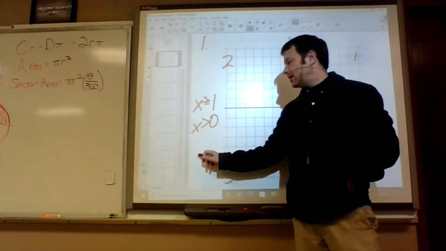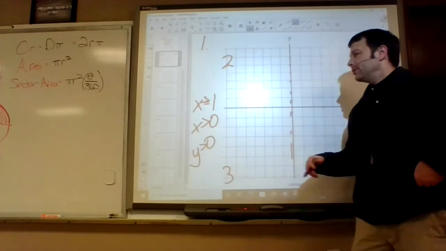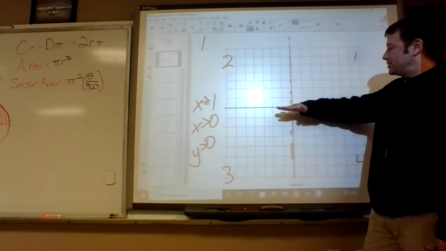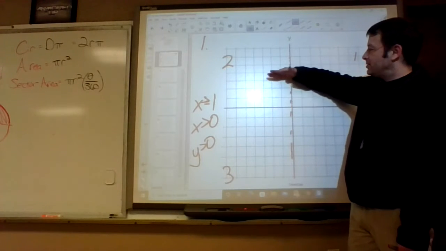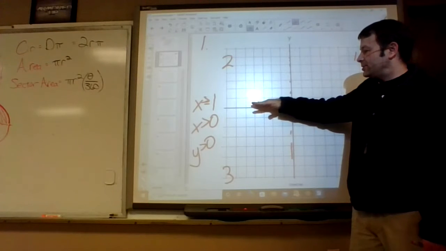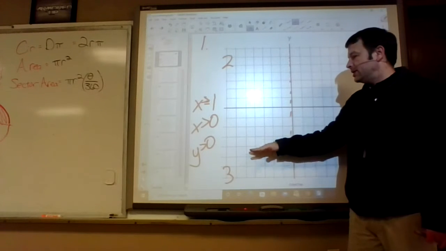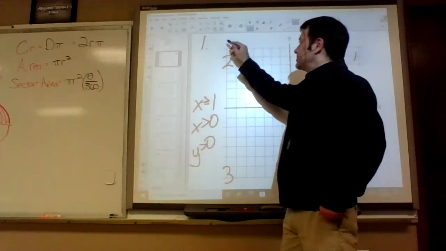What if I said y is greater than 0? Where are y values greater than y equals 0? It's up. Y values that are positive are up here, quadrants 1 and 2. Y values that are less than 0, that are negative, are down here, 3 and 4. Okay, number 1 says